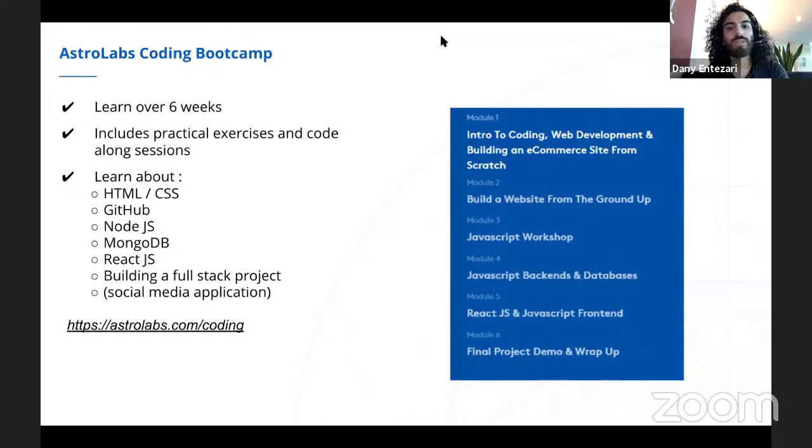So once you learn the fundamentals, then you want to learn the specifics. You want to learn specific technologies so that you can build applications, right? And our goal here is to teach JavaScript because JavaScript allows you to build an application on any platform. So the focus of this bootcamp is this really powerful programming language.